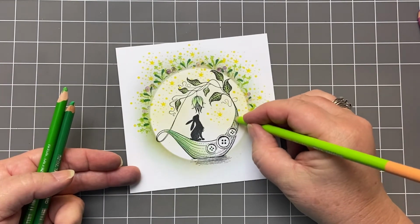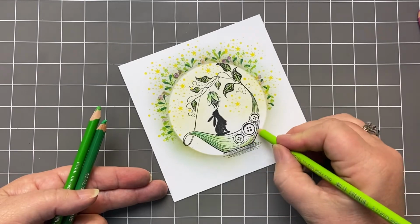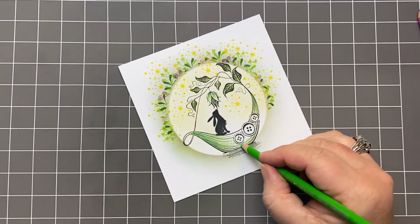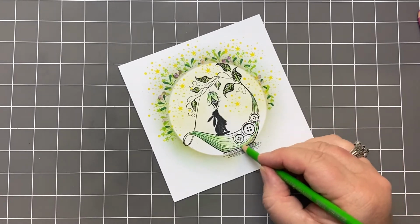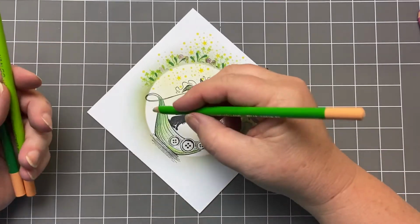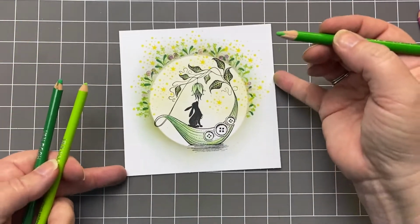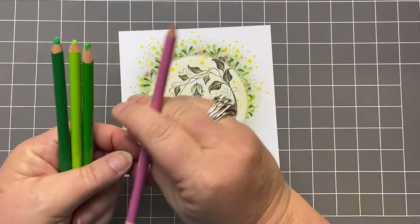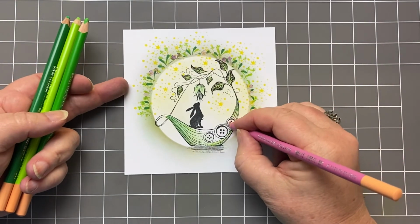This one needs a bit more. And then just where there's shading, I'm just going to add a tiny bit of depth there. Now, if your favourite colour was pinks or purples, then you just change the colour of the boat. Easy as. Then I'm going to use a pinky colour which goes with this Chianti, and I'm just going to